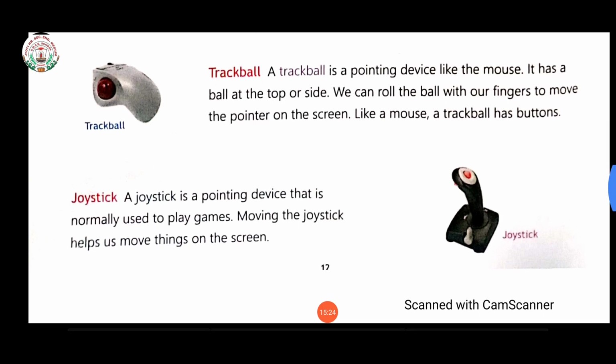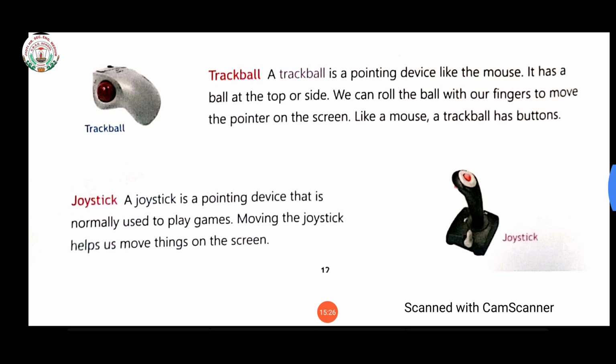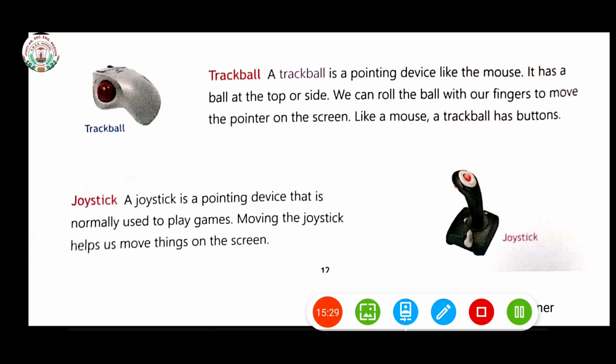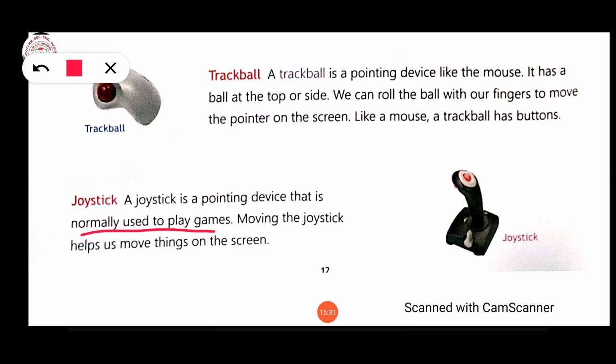Like when we are moving the mouse, the pointer on the screen also moves. Same way, when you move the joystick to left or right, things also move on the screen, left or right.